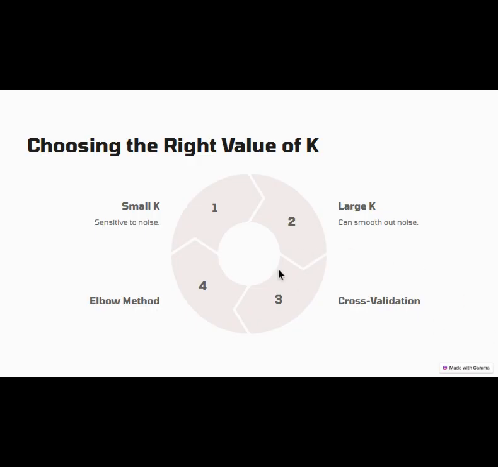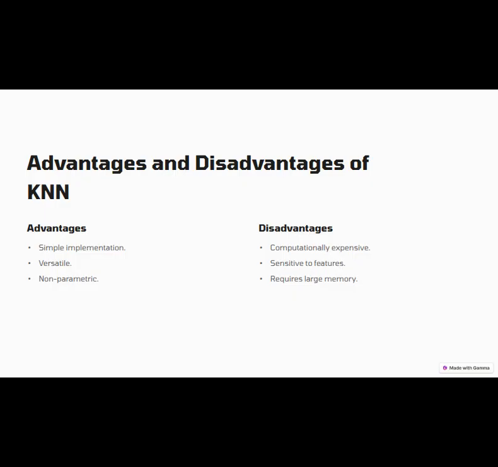Advantages of KNN. Easy to understand and implement, versatile, works for classification and regression, and non-parametric, no need to assume data distribution. But the disadvantages: computationally expensive for large datasets, sensitive to irrelevant features, and requires a large memory